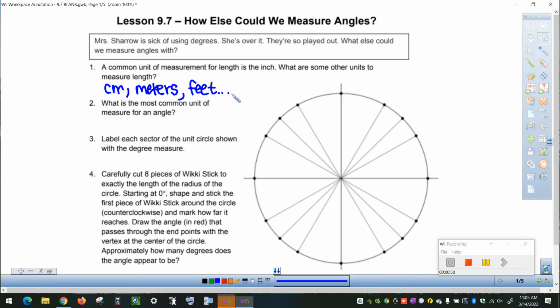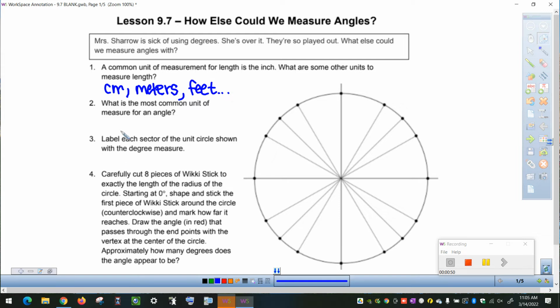We have miles, yards. So what's different about these units of measurement is, they're all measuring the same thing. They're measuring distances, or measuring length. It's just the actual size of them that is different, right? If we compare the size of a foot, that's a lot bigger than an inch, but they can still be used to measure the same thing. Well, it turns out we have another way that we could measure angles, and that's what we're going to be